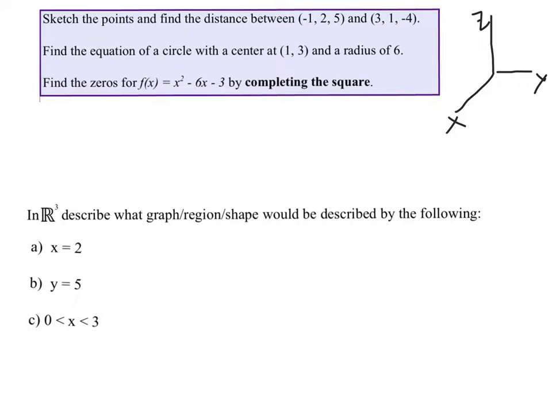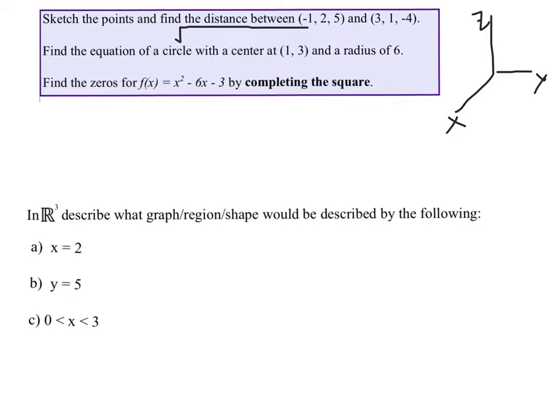Like that. So this coordinate, -1, 2, 5, would go 1 unit back, 2 units over, and 5 units up. And this 3, 1, -4 would go 3 units in X, 1 unit in Y, and then 4 units down into Z. And the distance between them, remember, we simply use kind of an extended Pythagorean theorem where we